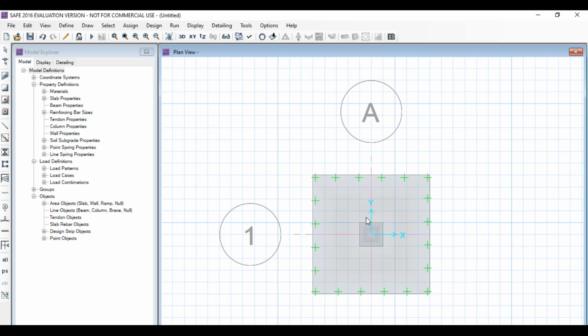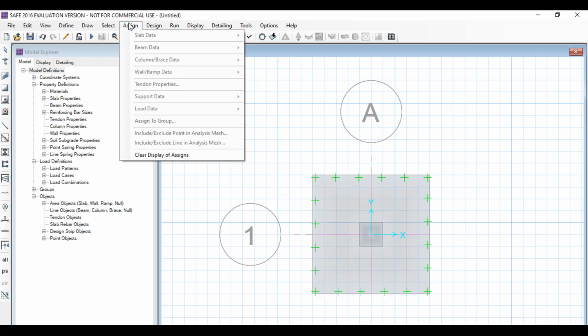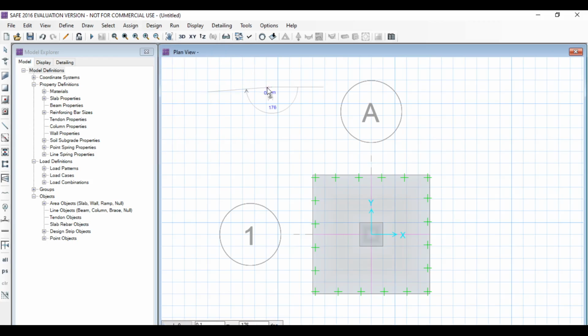Here we can define the property load and draw the design strip. So after this, now assign the defined property on the element. So go to assign menu. First there is no data that has been initiated. So first of all